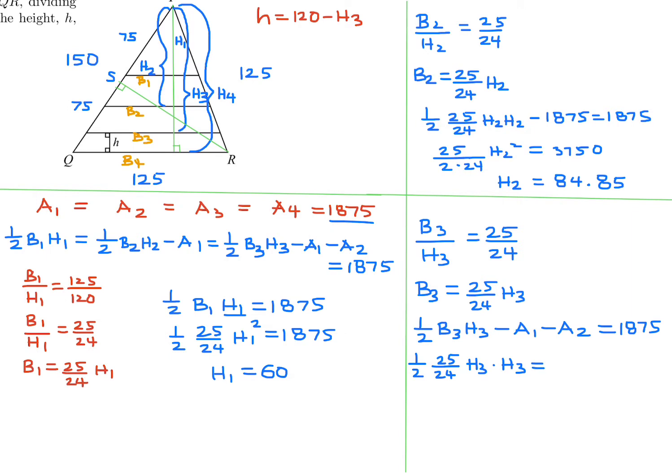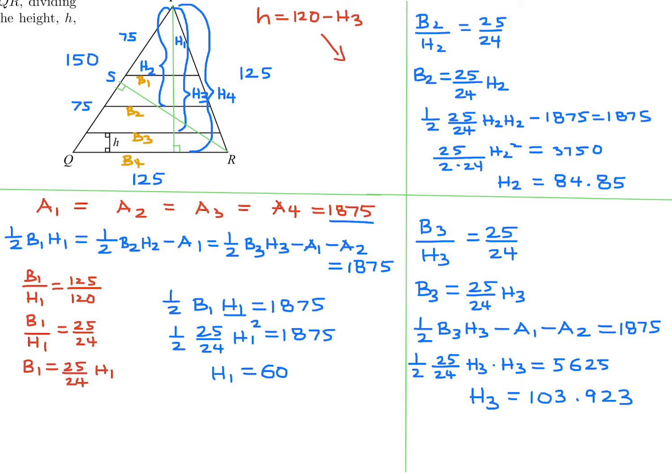Put those over on the other side, and you will get 1875 times 3, which is 5625. And again, you do this math here, solve for this, pretty straightforward, and we get H3 is equal to approximately 103.923. All right, we are pretty much done with the question, because remember, I had to figure out that small